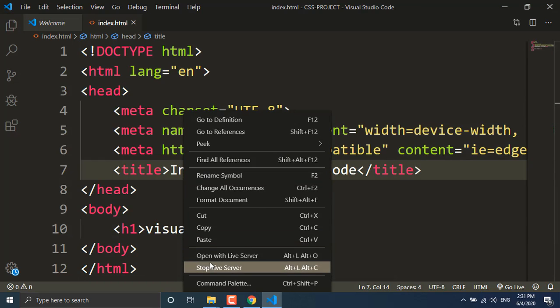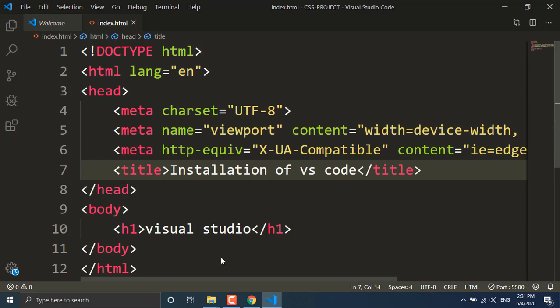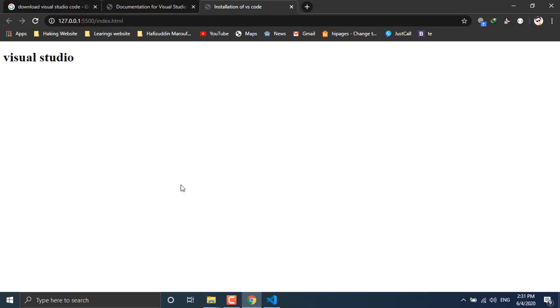So you can see Live Server. We have installed the extension of Live Server. Now open with Live Server. So as you can see, Visual Studio is here. So this is the